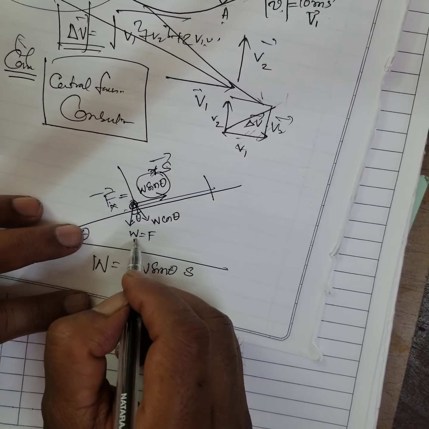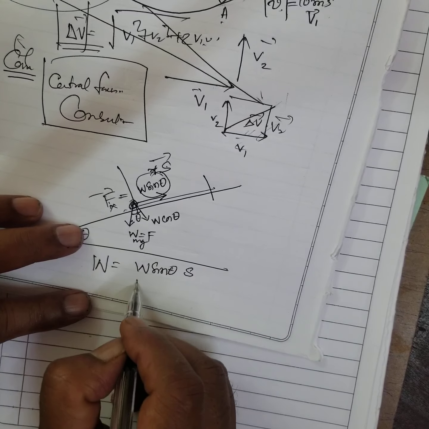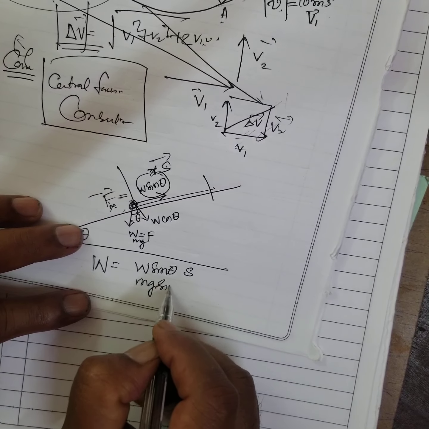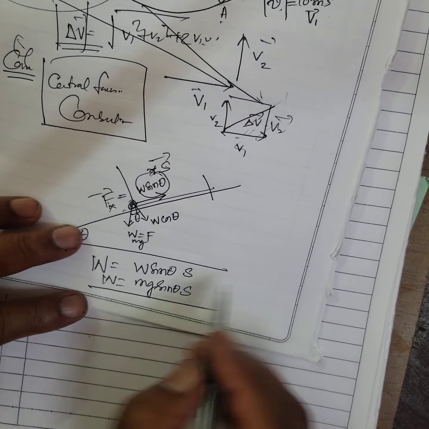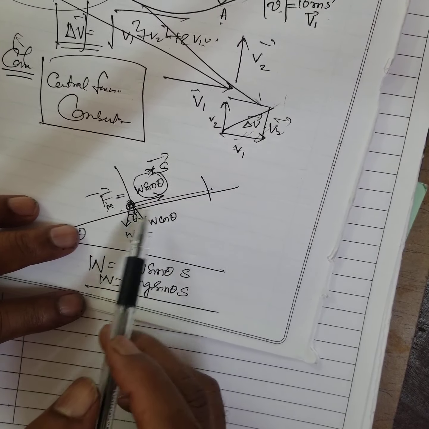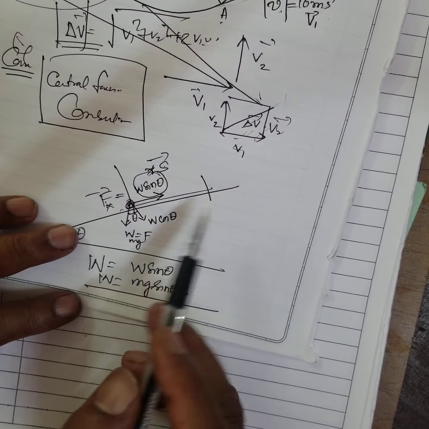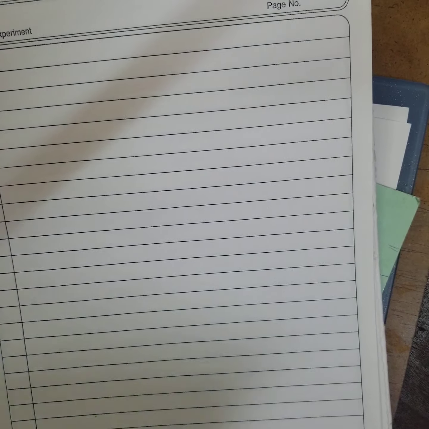W is nothing but mg now. m is the mass of the body. So the work done is mg sin theta into S. This is the work done by the body as it moves along the inclined plane, you know. The next,